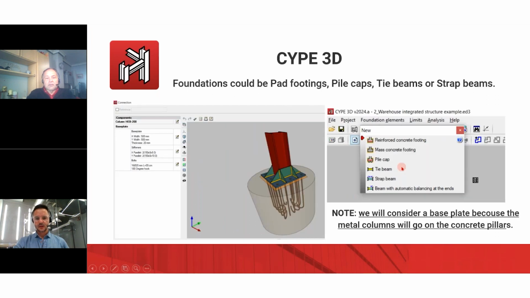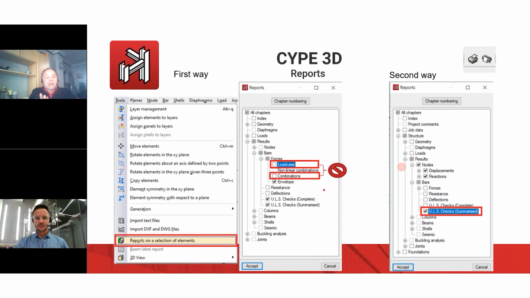This is something like that. And now, these are the outcomes. About the outcomes, we have two ways to do the support and the report. The first way is just going in tool solution to commands, select the report and selection elements, select just one bar or two bars or a bunch of them, and then you display it like this. What is resulting here in red color is because the load case and combination take a little more time